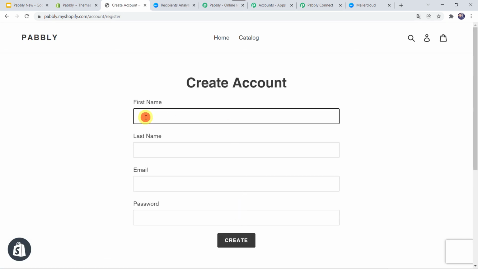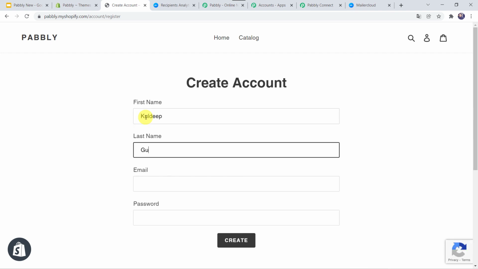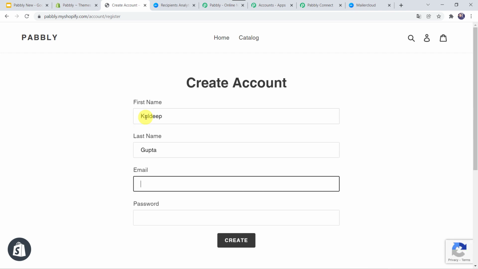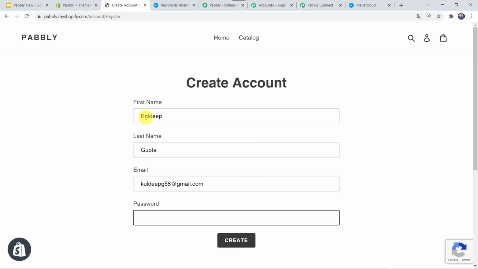Okay, and let's give the first name as Kuldeep, last name as Gupta, email address as kuldeepg58@gmail.com, and I'll just add the password over here. And let's click on Create.